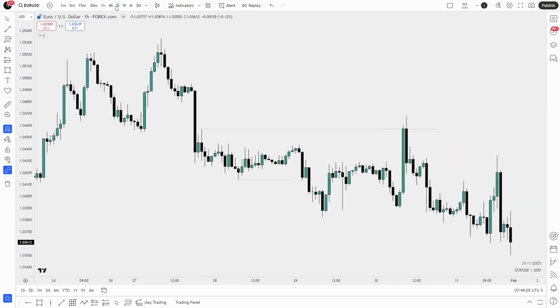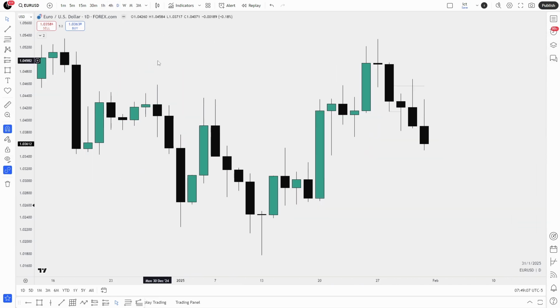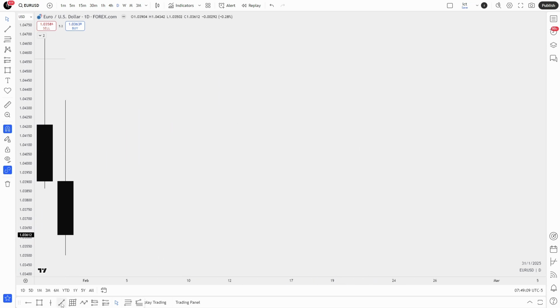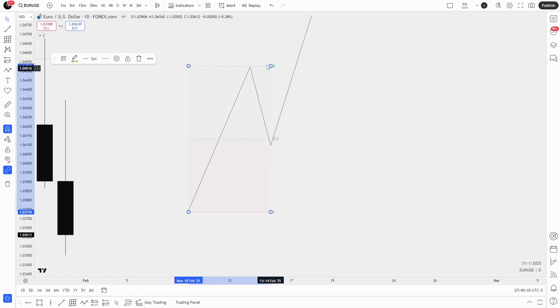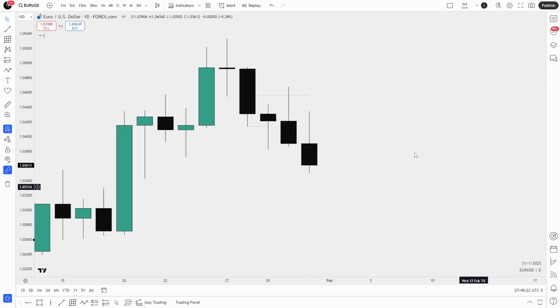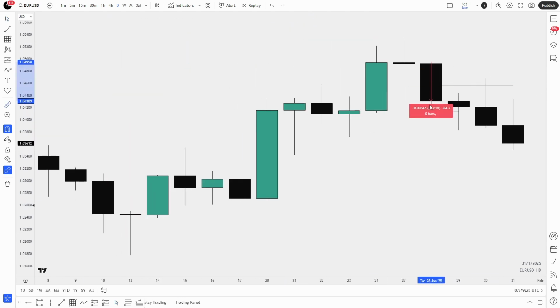Now, premium and discount is not just premium and discount. It's not as simple as this, okay? It can be as simple as this, but premium and discount is not just this, right? It is so much more than this. It is so much more than that. Premium discount can be a candle's premium and discount. Measure that,